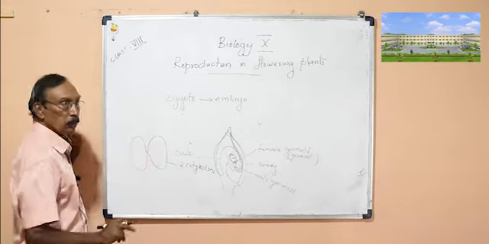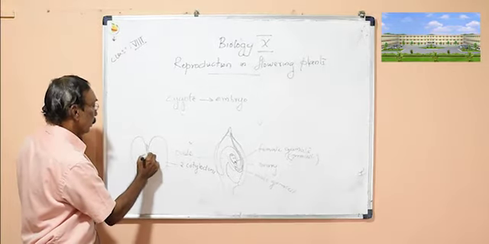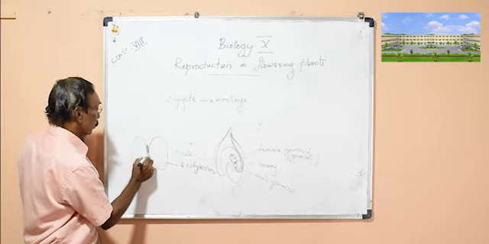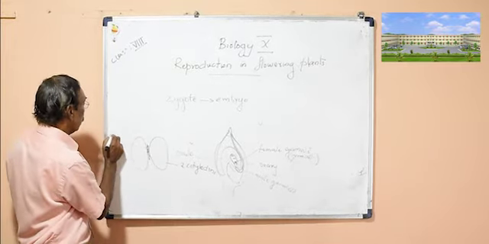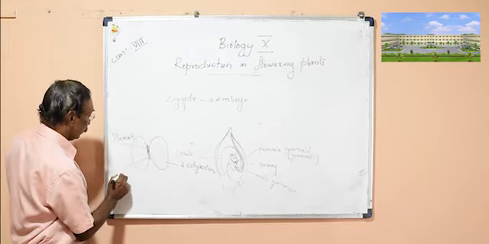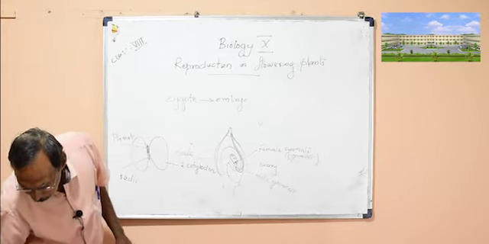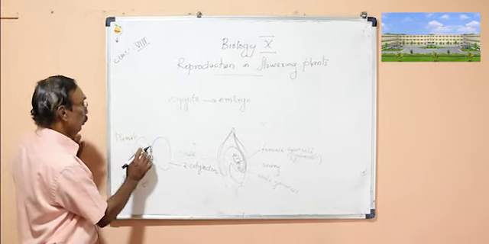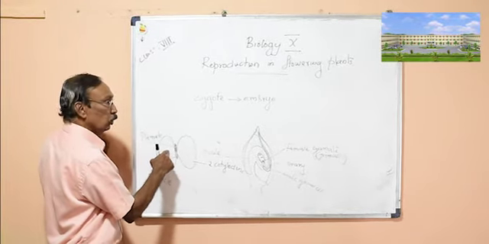Cotyledons are the fleshy part of that seed, and connected to the cotyledon, you can see the embryonal axis. This is called the embryonal axis, which has two parts. One part is directed downwards, one upwards. The upper part is called plumule, and the lower part is called radicle. So if you grow a plant, what is the function of the cotyledon?